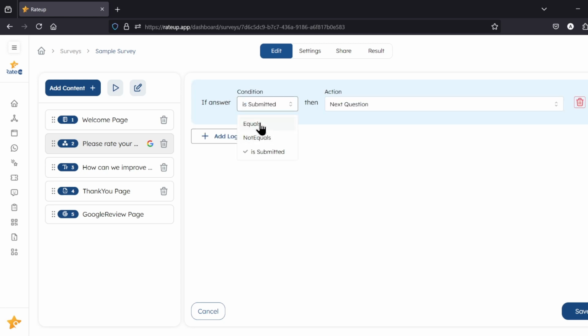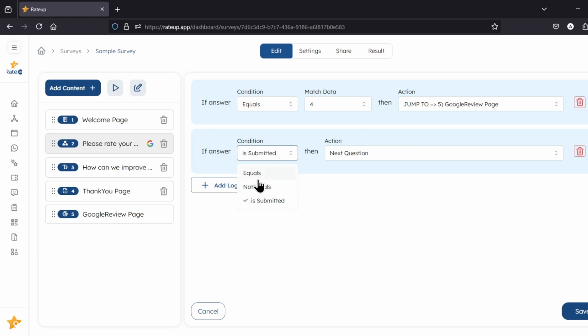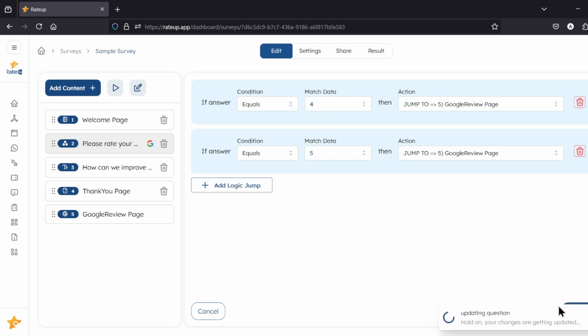So if the answer is equal to 4-star, we want them to go to the Google review page. Similarly, if the answer, which means the stars that the customer selects, is equal to 5-star, we want them to go to the Google review page. So questions 3 and 4 will be skipped for those who give you 4-star or 5-star. Let's click on save,